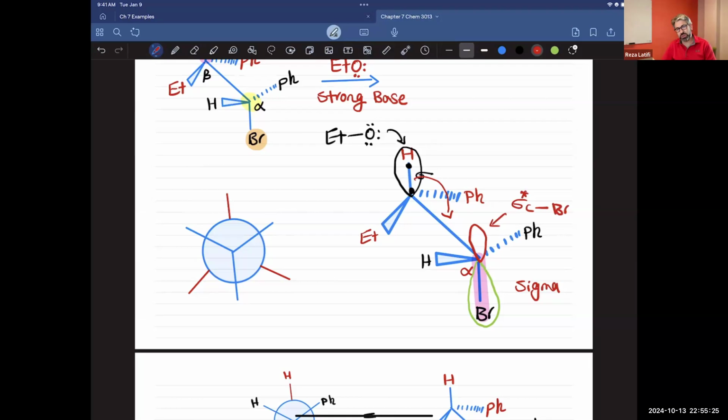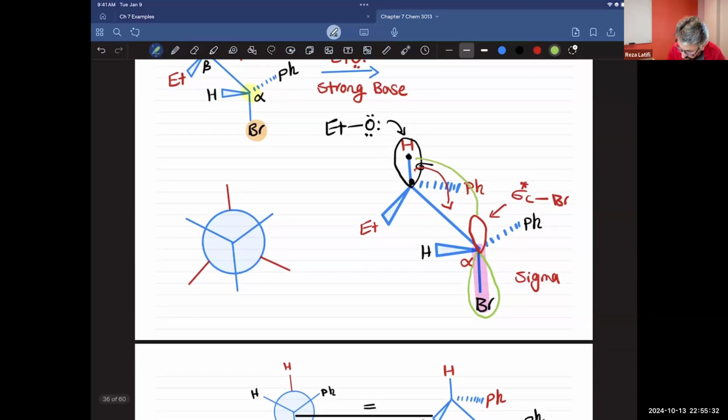Okay, the 2 electrons that the hydrogen is sharing with the carbon will technically go inside the sigma star of this carbon. Now when they go inside the sigma star of that carbon, very soon that carbon will be rich in electrons, and it is going to give up electrons and give them to bromide. But in order to put the electrons inside the sigma star, we need the dihedral angle. The dihedral angle between hydrogen and the bromide